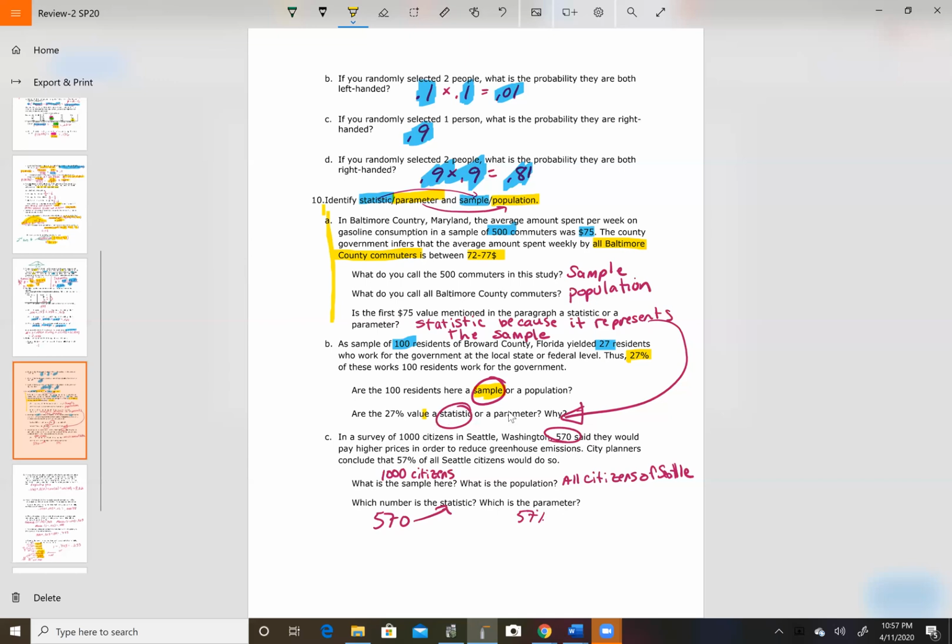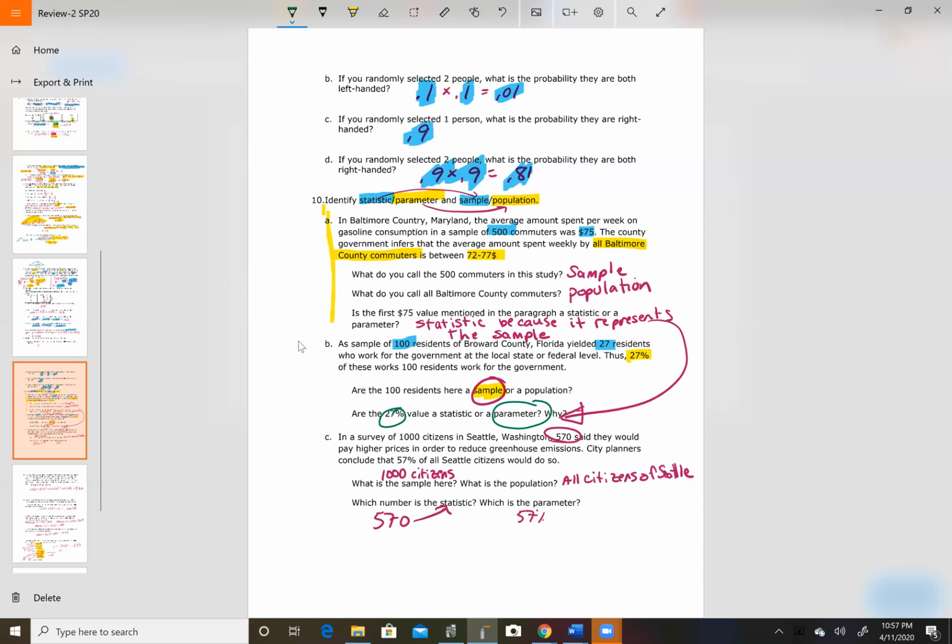I circled statistic, but it looks like it is a parameter. This is why we watch the videos too. Good. Parameter, because 27, the percent is what's going with the population, and just 27 was what was with